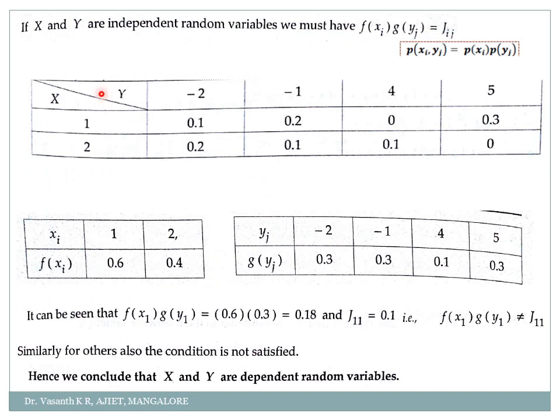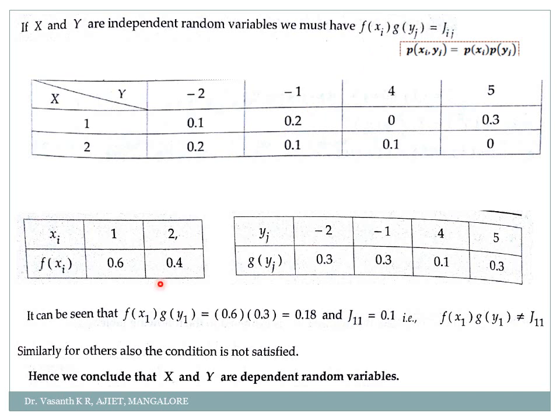Yes. So they had asked me one more question. See whether this x and y are independent random variables or dependent random variables. In order to check whether x and y are independent random variables, a certain condition should be satisfied. What is that condition? P of xi comma yi should be equal to probability of x into probability of y. Means this is obtained using joint probability, and this is obtained by using individual distribution.